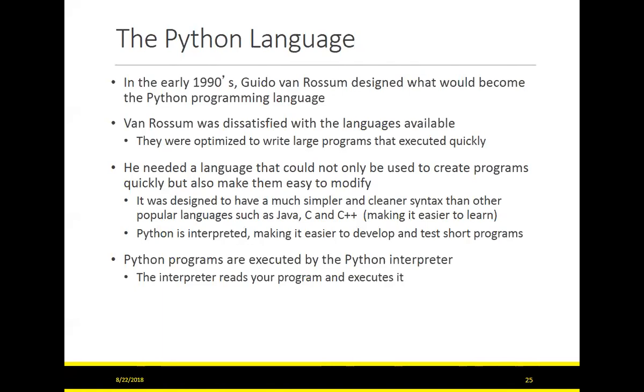See, the problem with compiling things is, say you're running C++. You compile it for Windows, assume, okay? What's it gonna run on? Windows, that's it. With Python, it doesn't compile. So it's not made for Windows or for Mac or for Linux. It's Python, and each operating system handles its own interpretation of the code and the outputs, and they should be the same, okay? He needed a language that could not only be used for complete programs quickly,